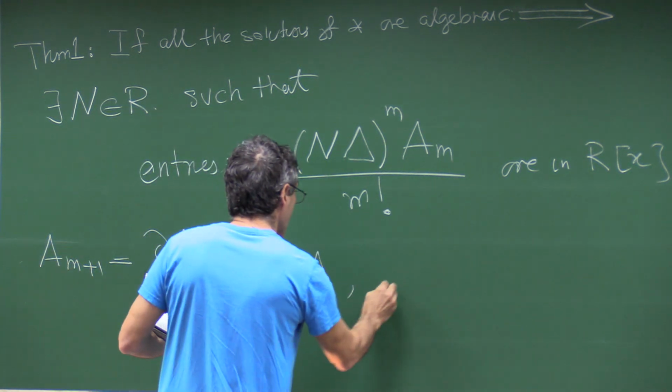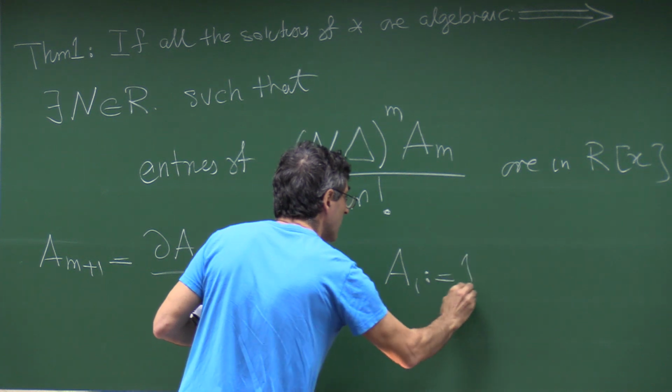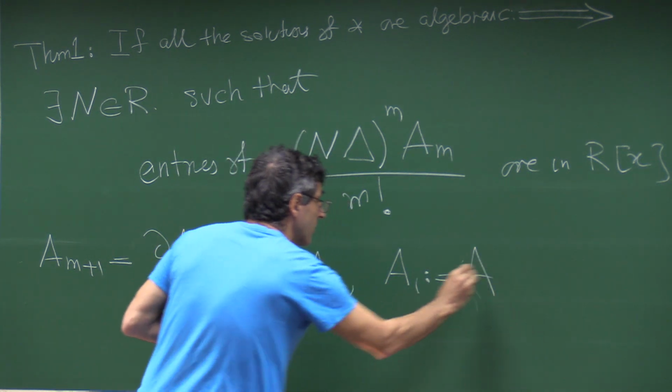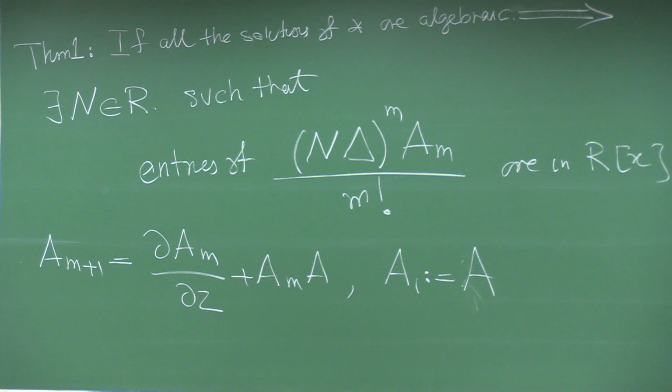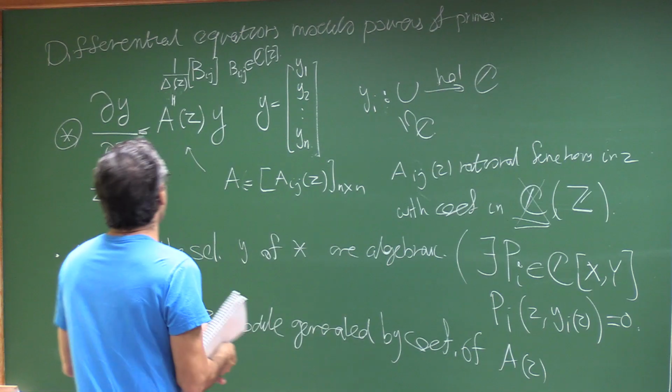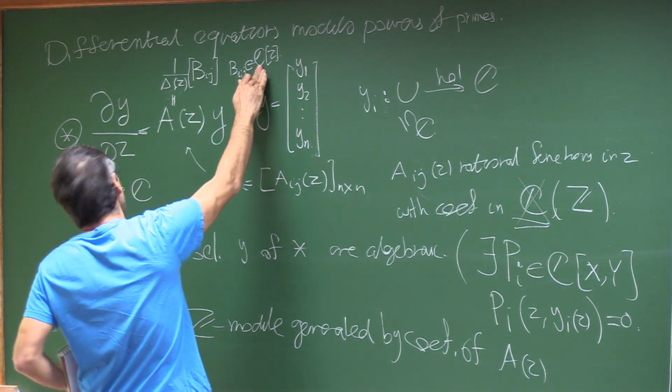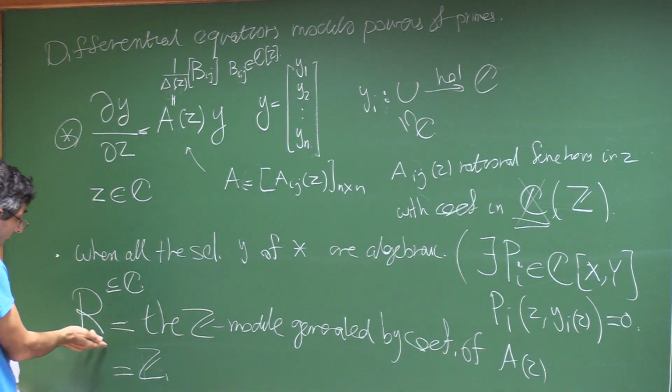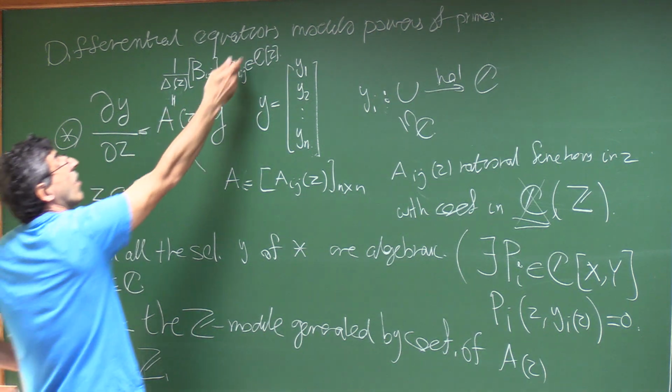A and A1. Okay, A1. So let's digest the thing. No, I take the complex, and then I define, and now after this definition, everything is defined over R[z] now.